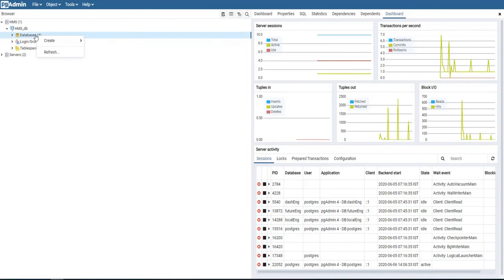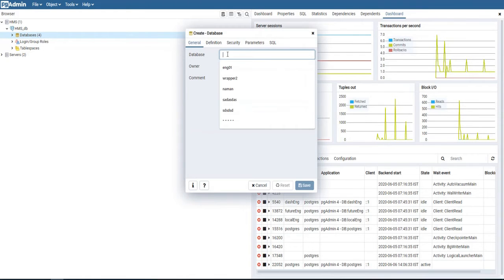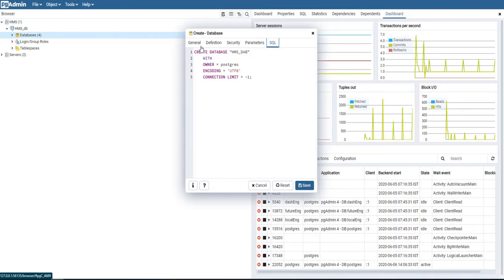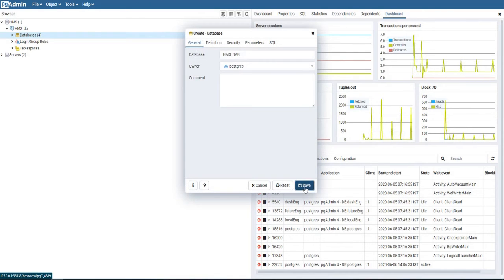After that we will right click on it, click on create, click on database. We will create any database, for example HMS again, HMSDB, or anything you would like. Sorry for the spelling. Just leave everything as it is, don't change anything, and click on save.